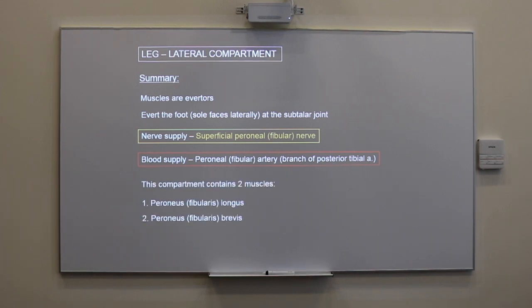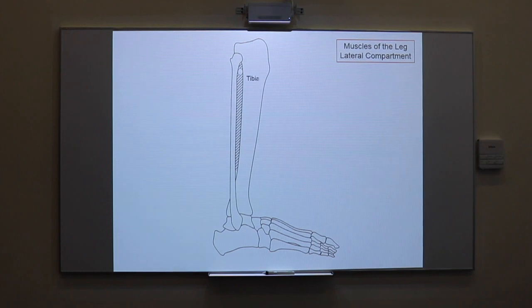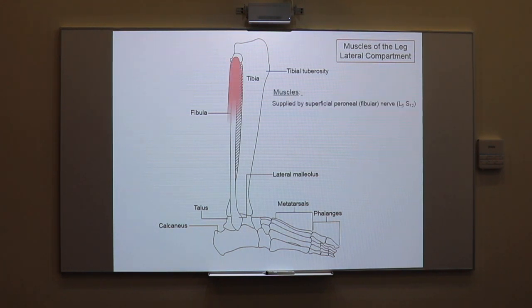We have talked about these two muscles. If we look at these two muscles, we will see that they are going to originate from the lateral aspect of the fibula. The first one which you are seeing is arising from the head of the fibula and the upper 3/4 of the lateral surface of the fibula, and then it is going to pass over the trochlea of the calcaneum. It is going to groove the lateral malleolus posteriorly, and then it is going to pass above the calcaneal trochlea,